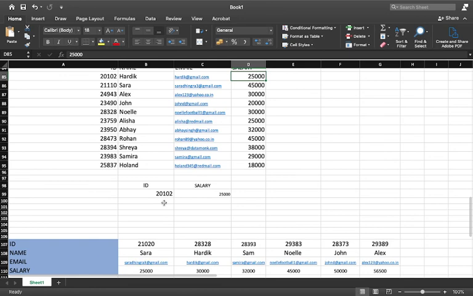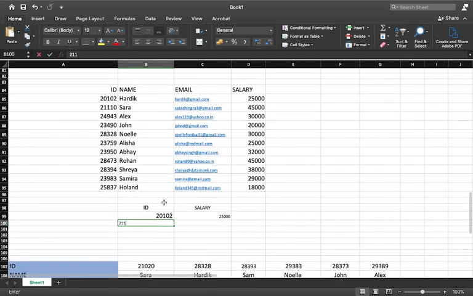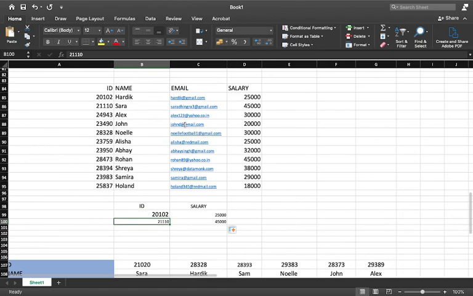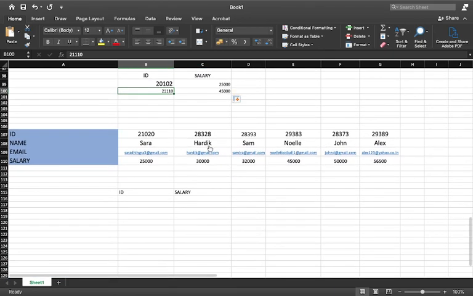Alright. Similarly, for example, if I'm looking for 21110, I'll just drag this, and I got the value 45,000 because my function has been copied here. If you see, I haven't used VLOOKUP here. I've just used the LOOKUP function, and it has only two parameters, which are the lookup value and the table array. As I mentioned, you can use it for a vertical table, as I have shown you. You can even use it for a horizontal table as well.